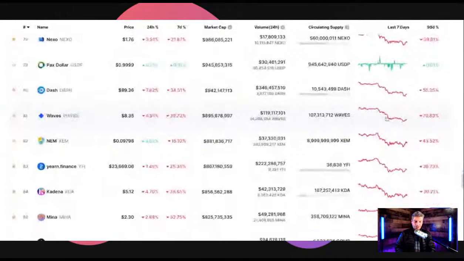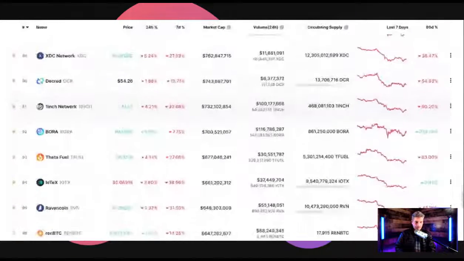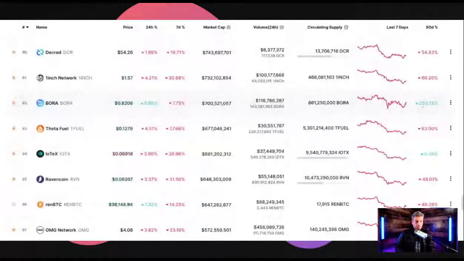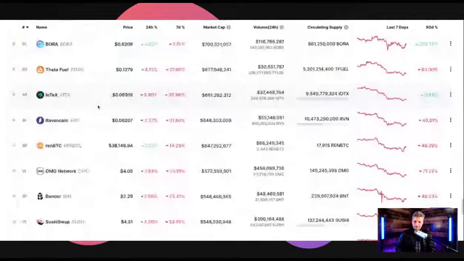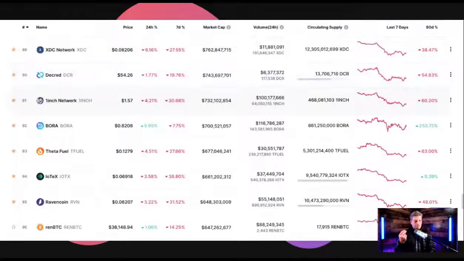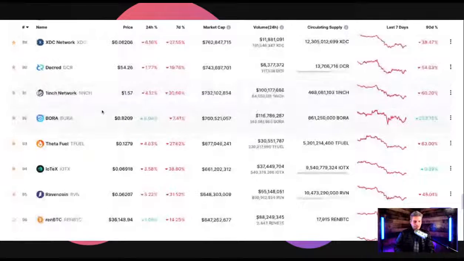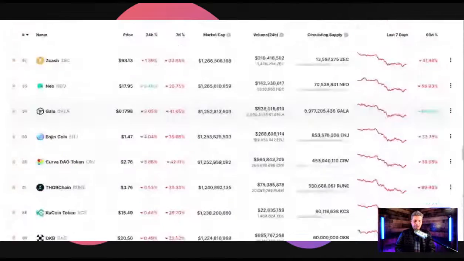We've got 70% down, which is Waves, still in the top 100, folks. Bora up 253% over the last 90 days. Again, Bora has popped into the top 100. And since it has, I haven't given it much time or thought. And see how looking at these numbers cause you to begin to have the aha moment of, maybe I should go research that a little bit. Maybe there's something to this project. And then all of a sudden you end up becoming a big investor in that project. All right, and that's the top 100.